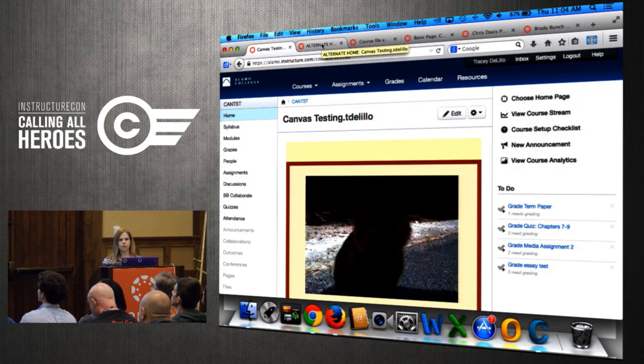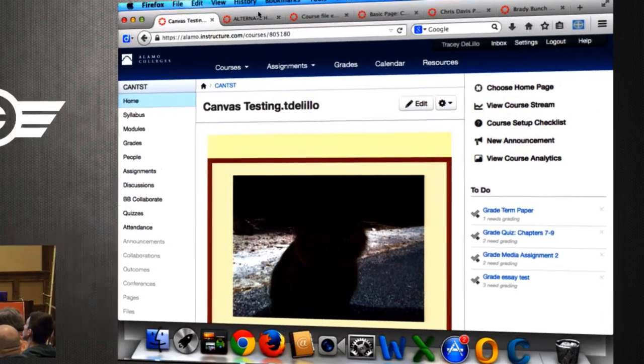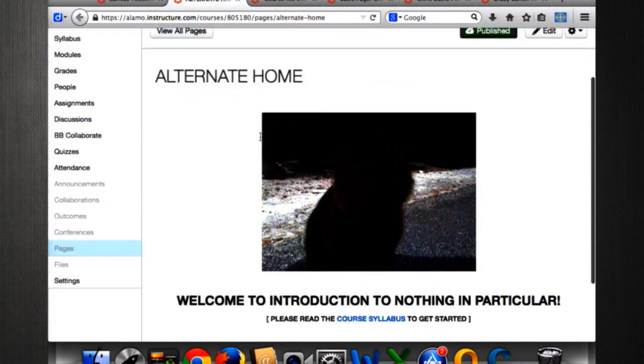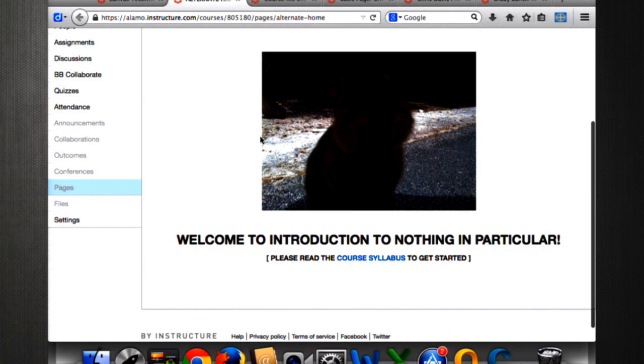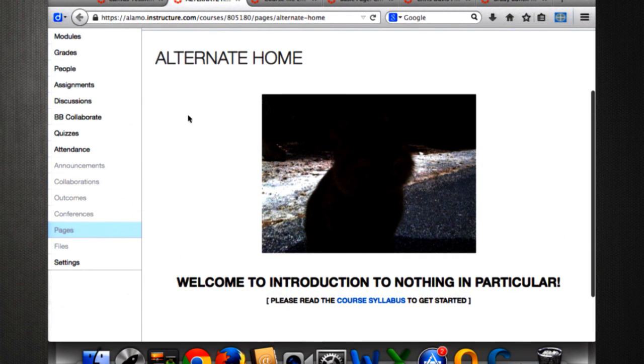And this came from people saying, I wish I could make my home page, or any page really, look a little nicer. I don't know HTML. I don't want to know HTML. I don't have somebody who's designing nice graphics for me. What can I do? And this, it's a little washed out, I think. But what I've done is I've taken pretty much the same content. I just took a picture, a little bit of text, and I shoved it in a single cell table.